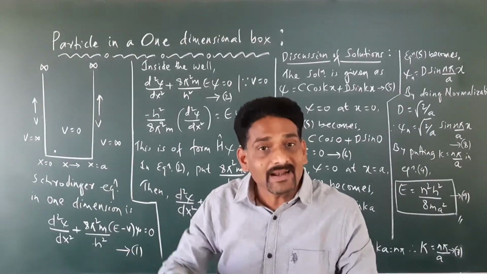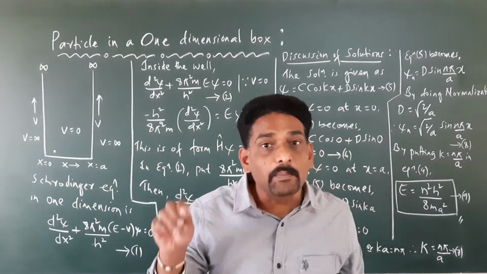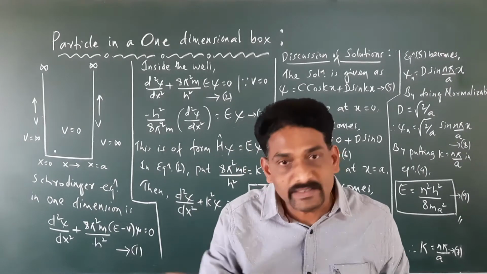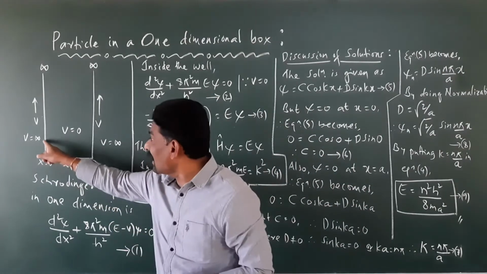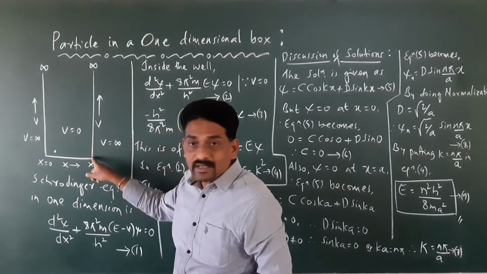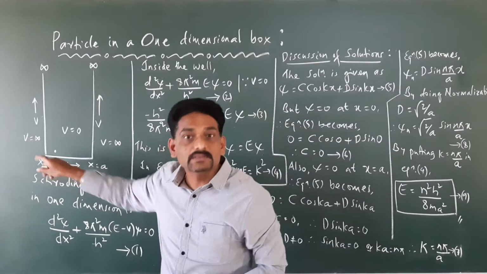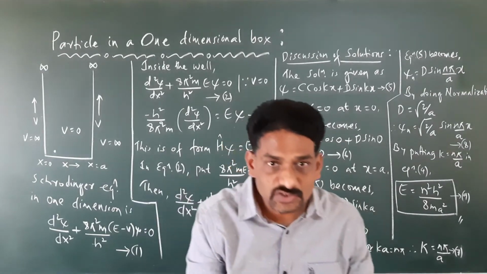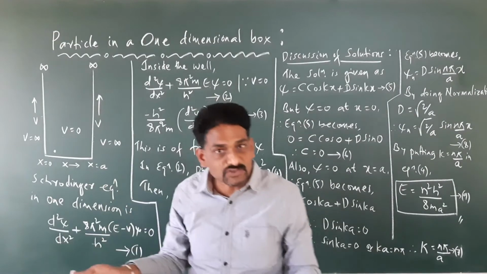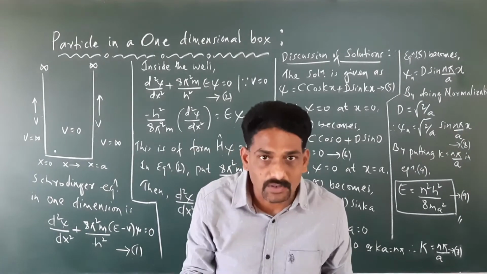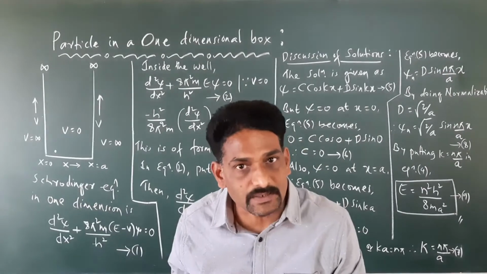particle, and even on the boundary also there is no particle present. The particle is allowed to move only in the x direction within the well. So there is no particle either on this wall, or on that wall. If there is no particle on this wall, then there is no corresponding wave function also, because there is no particle at all. If there is no particle, then there is no de Broglie wave associated with it, right?